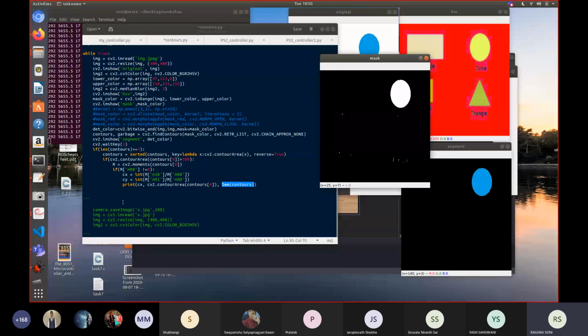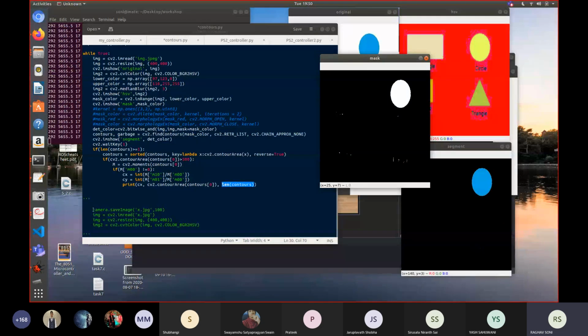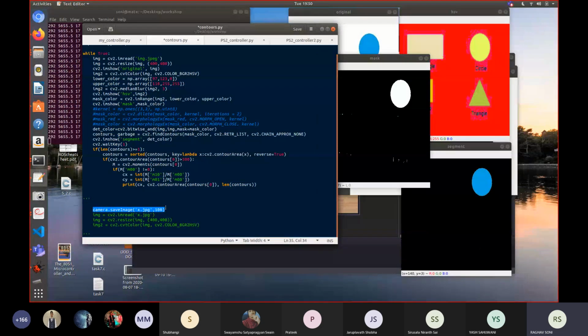One more thing I would like to tell you is how to use the camera function, if you want to use it with OpenCV, to convert that image into OpenCV. You can just save that image using this command, camera dot save image, on the camera of the vboards. You give the image name and the quality of the image.